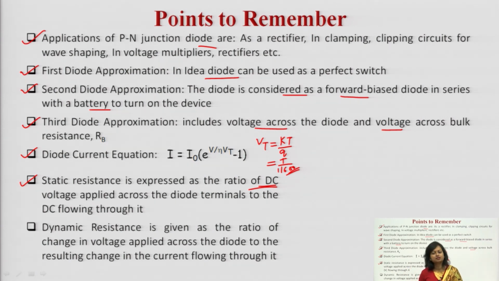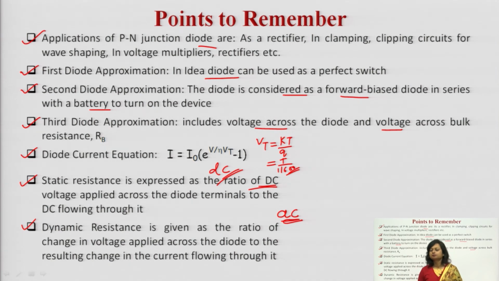The dynamic resistance, wherever there is a change, means in a certain time interval, if there is a change in voltage, and because of that change, whatever the change in current, that ratio, delta V upon delta I, will give you the value of the dynamic resistance. Dynamic resistance is also known as the AC resistance. Static resistance is also known as